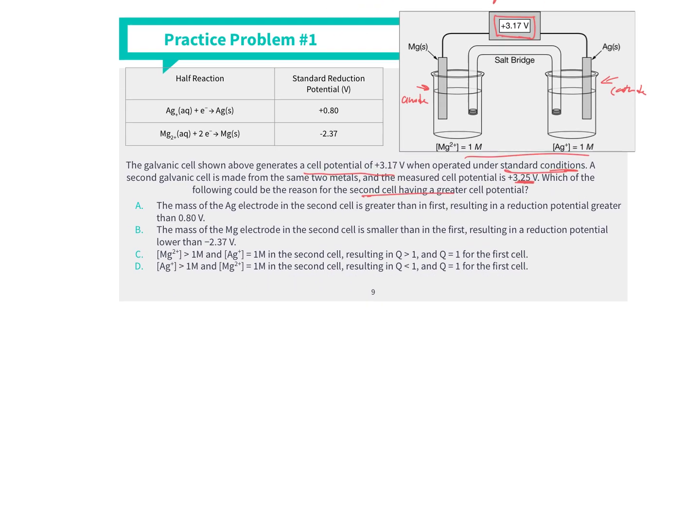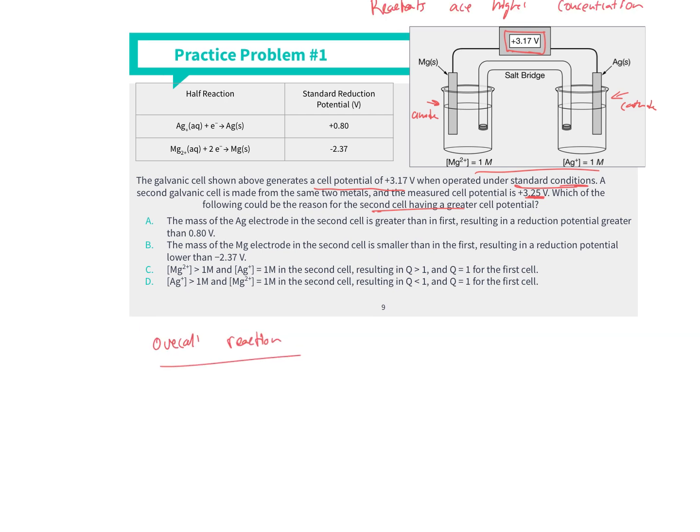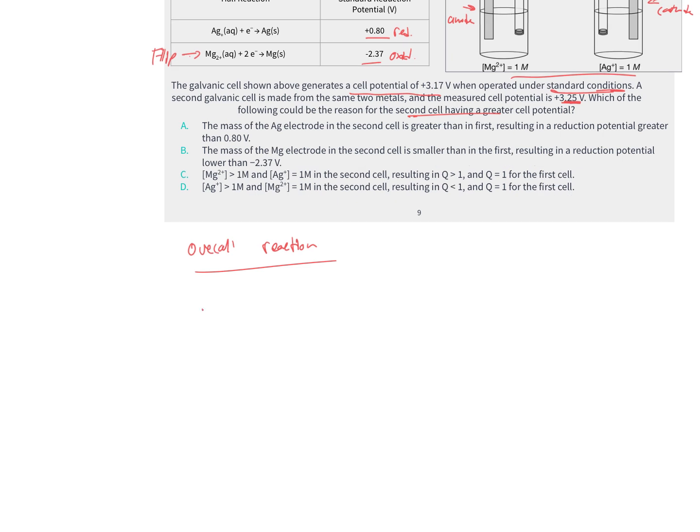First thing we have to do here is think about the overall reaction, because then we can know what's in our reactants and products. Now, this reduction potential for silver is higher, and so this will be the reduced end. And for Mg, it's lower, and so this will be oxidized. Remember, oxidation is loss, reduction is gain, and so we need to flip the oxidation reaction. So here we get Ag+ aqueous plus 1 electron makes solid Ag. And then we have to flip the magnesium reaction. So we have solid Mg breaking apart to make Mg2+